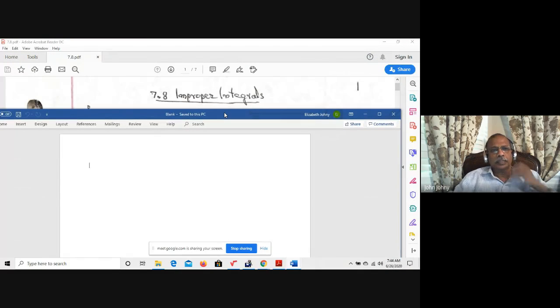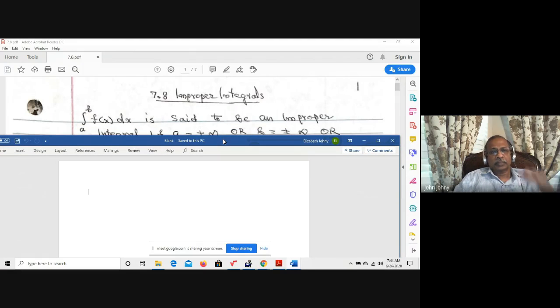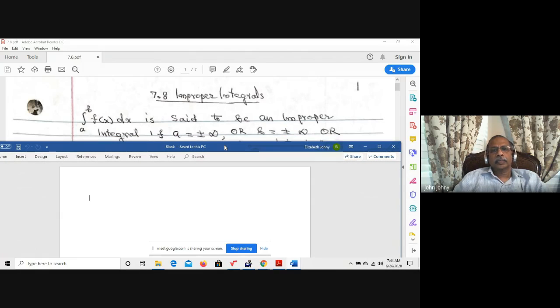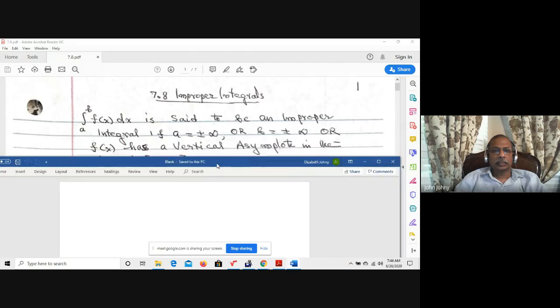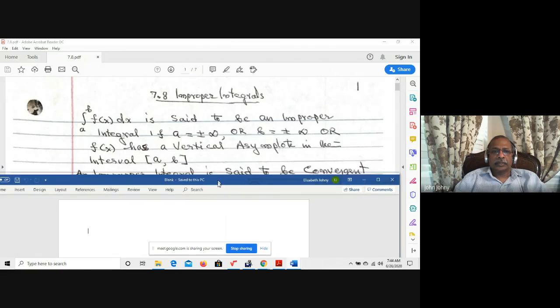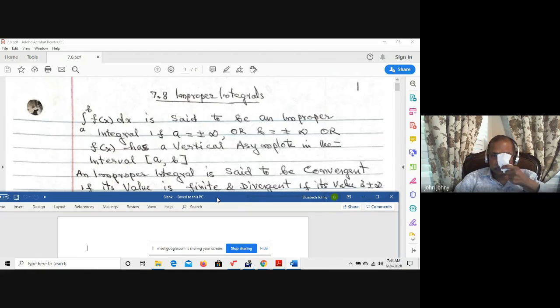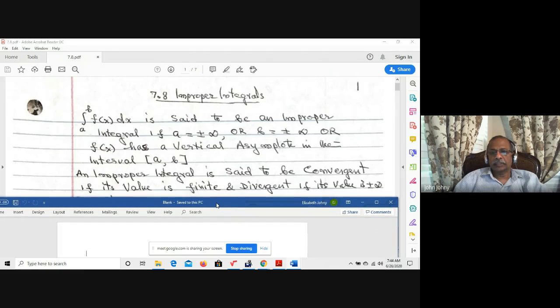Yes, improper integrals. The integral from a to b of f(x) dx is said to be an improper integral if either a is equal to plus or minus infinity, or b is equal to plus or minus infinity, or f(x) has a vertical asymptote in the interval [a, b]. That is, it has a vertical asymptote between a and b. And an improper integral is said to be convergent if its value is finite and divergent if its value is